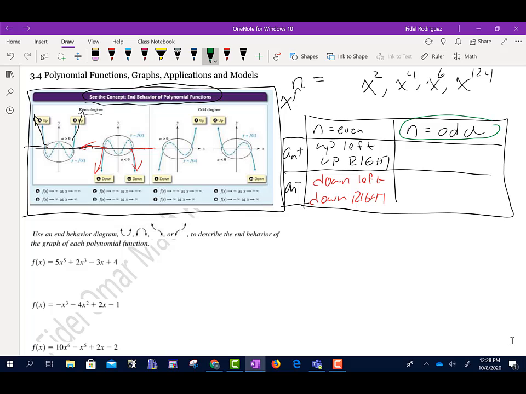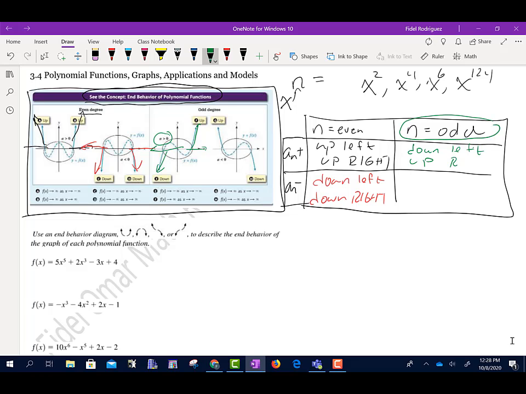When the exponent is odd and my coefficient is positive, as I go to the right, my graph is going up, so up to the right. But as I go to the left, the graph is going down. Why don't we put the left first, since that's what we were doing. So we'll go down left